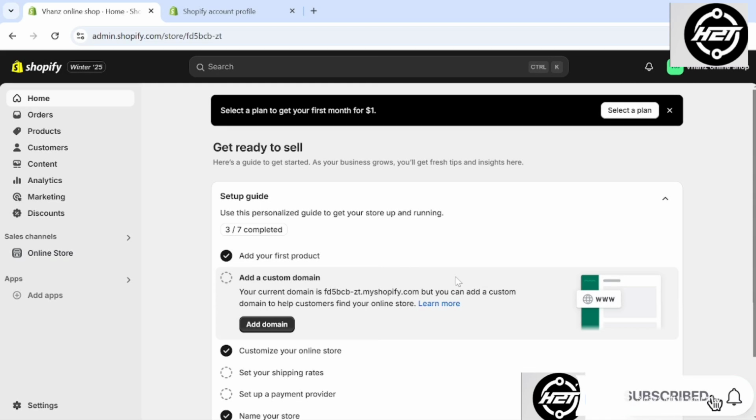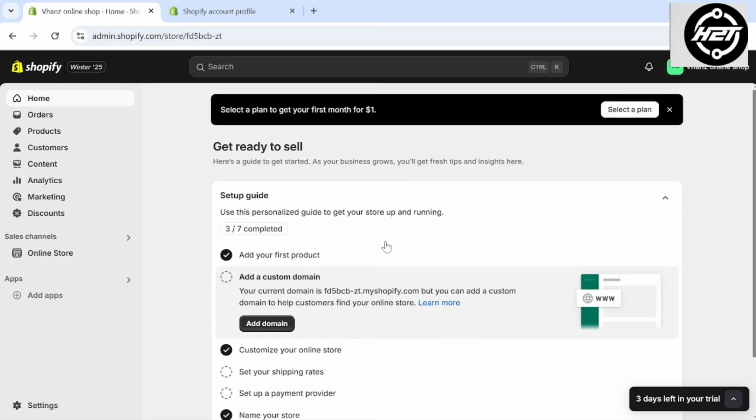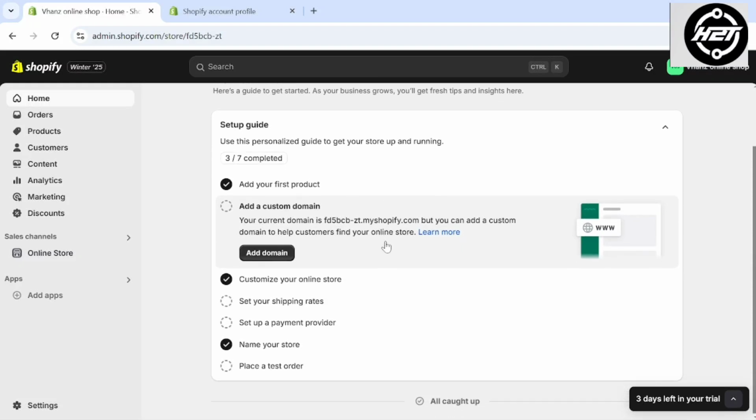Today I'm gonna show you how to create meta fields for product variant in Shopify. Shopify currently offers two types of variant meta field definitions. First, standard meta field definition, and the second, custom meta field definition. Here, we will create a custom meta field definition. I already have the color variant in my store, so I will create a meta field for this color variant.